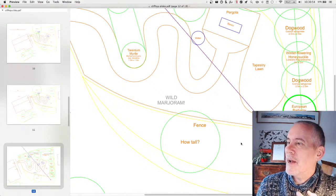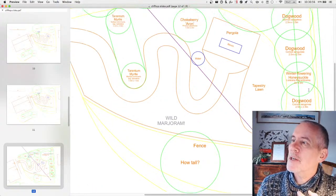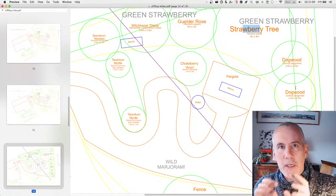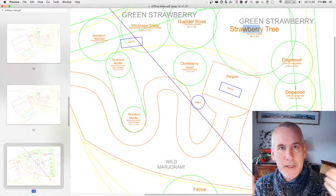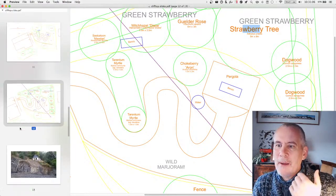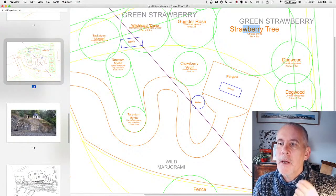And then there's, I haven't done this area, so I haven't filled it. This is the kind of structure. So I've done the pergola, put the paths in, and then you start to put the hedging in as well. So it's a kind of process, and trying out different plants in different areas. It's part of